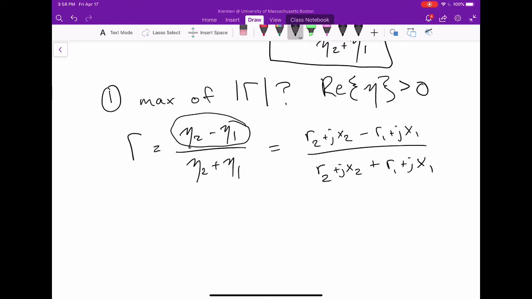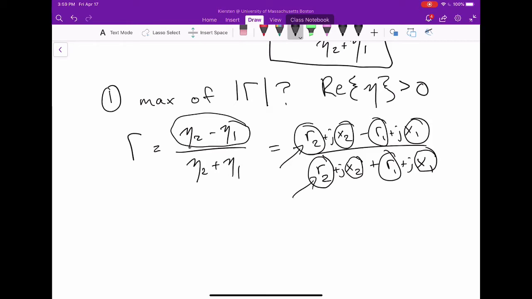If we increase any one of these numbers, R2, X2, R1, or X1, it correspondingly increases on the bottom of this fraction. And all of the other numbers, even if we drove, let's say R2 to infinity,